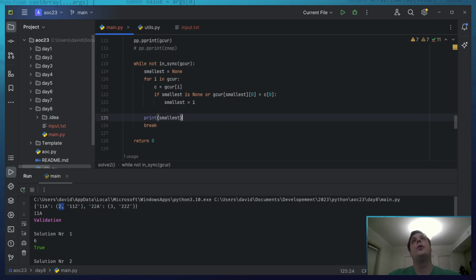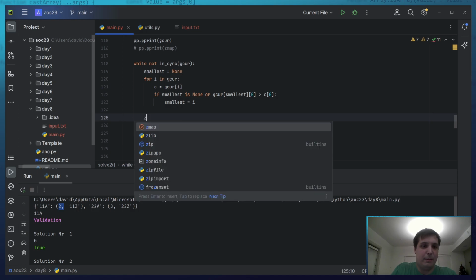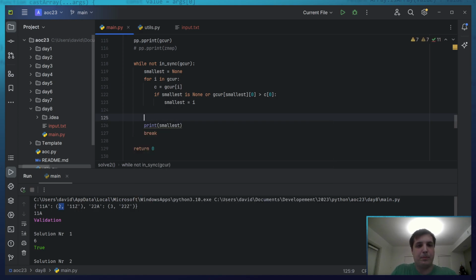So we want to look up the new value by the face. So we now want to look at ZMap. So G cur of smallest equals ZMap.